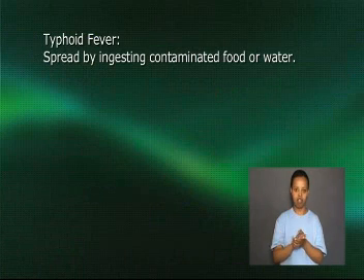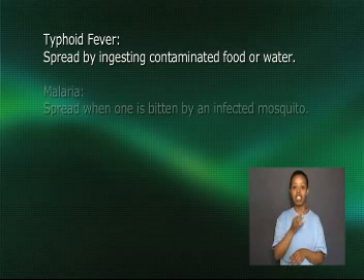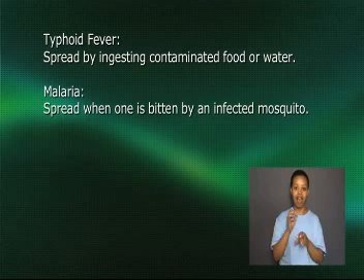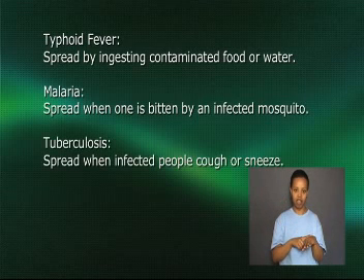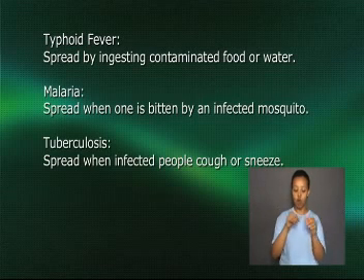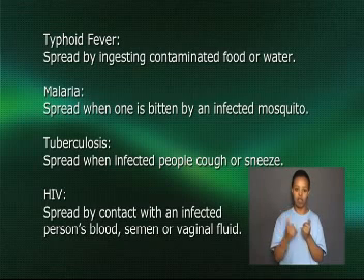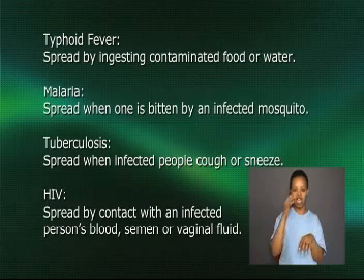Typhoid fever is spread by people ingesting contaminated food or water. Malaria is spread when one is bitten by an infected female Anopheles mosquito. Tuberculosis is spread through the air when an infected person coughs, sneezes, or contaminates the air with tiny water droplets that contain living microorganisms. Finally, HIV is spread when a person comes in contact with an infected person's blood, semen,